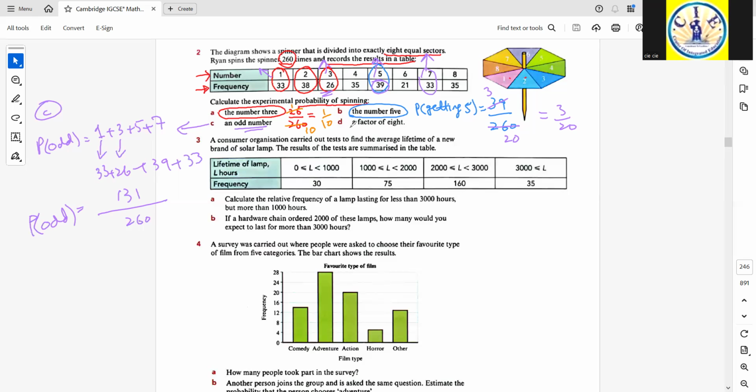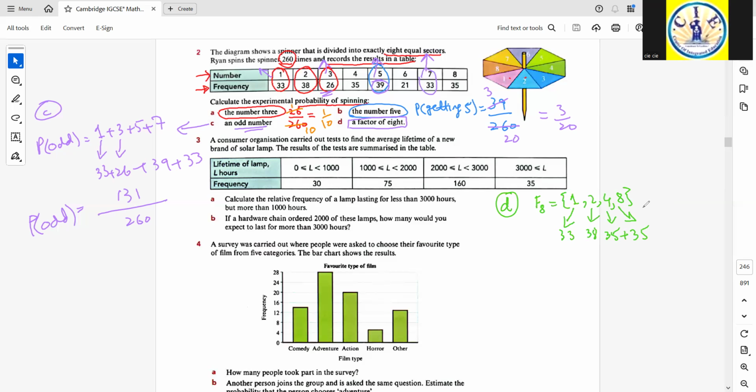Okay, now in part D, a factor of 8. When it is said the factor of 8, okay, factors of 8, if I label it as F8, the numbers which divide 8 are 1, 2, 4, and 8 itself. Okay, now 1 is occurring 33 times, 2 is occurring 38 times, 4 is occurring 35 times, and 8 is occurring 35 times. So we can have 35 plus 35, 70, 70 plus